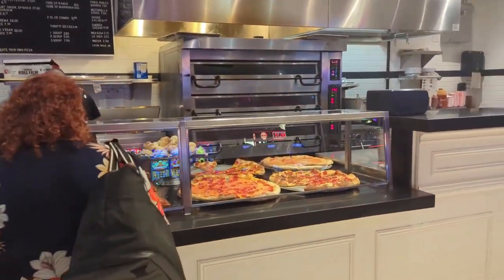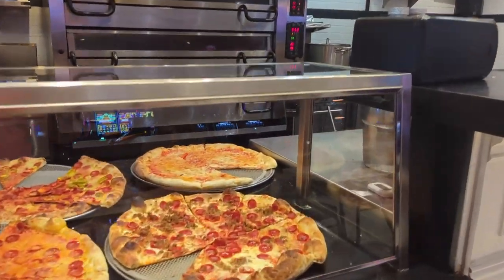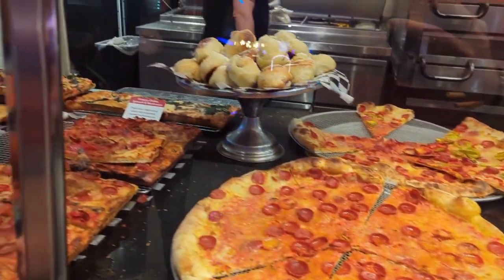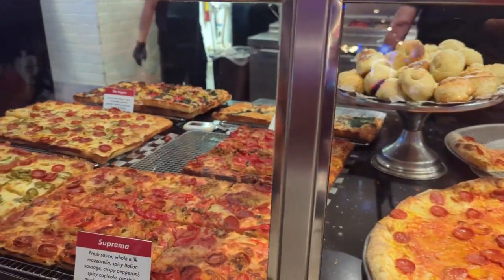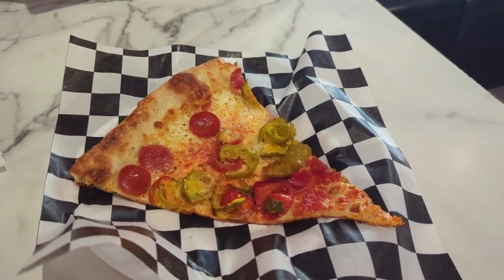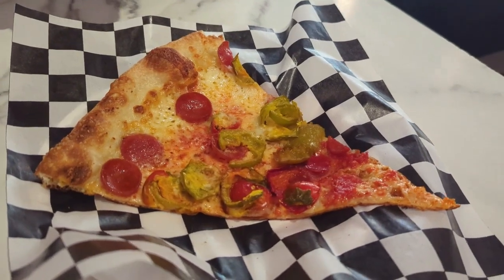So you do have to walk. If you're entering from where Fremont Street terminates there, you're going to turn left. Once you go inside, you're going to walk all the way through the casino to get here. There's a small seating area in here. It's kind of loud. You're right near a bunch of gaming, but the service was friendly enough, and the pizza